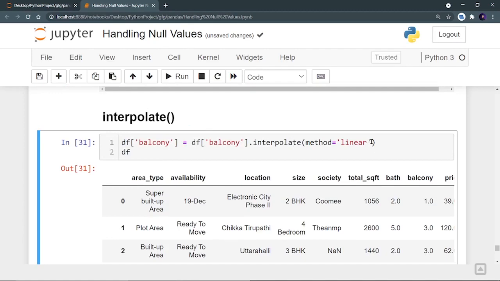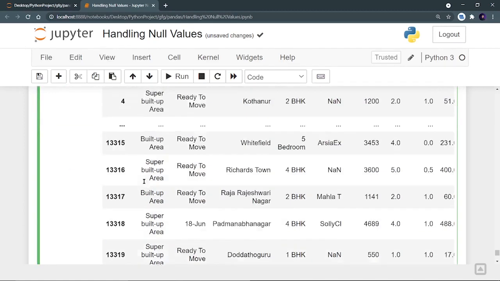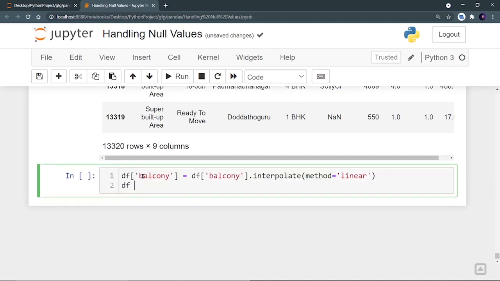Now you have some more parameters in this, so let's see one more parameter, that is limit direction. We also have a parameter called limit, which decides how many consecutive null values you want to fill. Let's say you define the limit as 1, then even if two consecutive null values are there, only the first one will be interpolated. And if you define the limit as 2 and there are three consecutive null values, then only the first two will be filled, right?